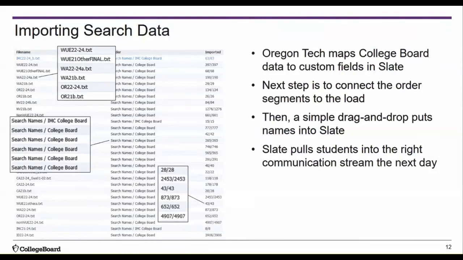For example, we have a very large high school dual credit population who by standard Slate rules classify these students as applicants. But using rules and automations, we've configured custom person status rules that keep these records as inquiries so that when a dual credit record is imported from search, we update the record with College Board data at our inquiry level messaging.